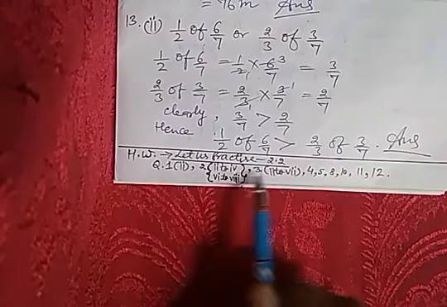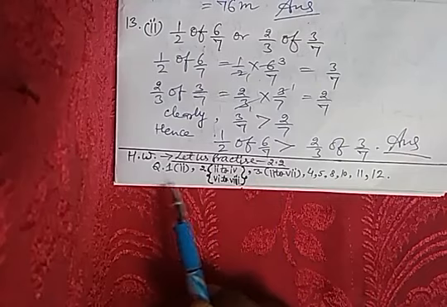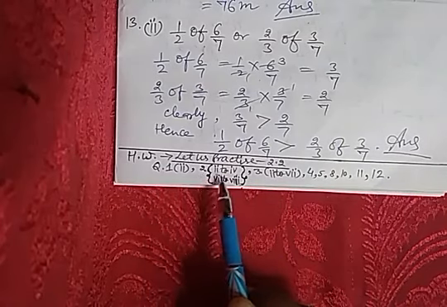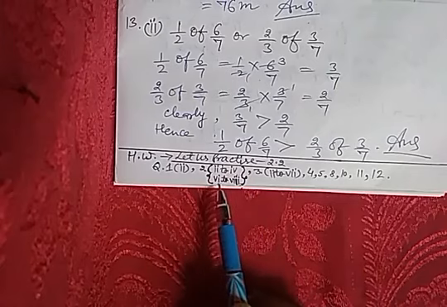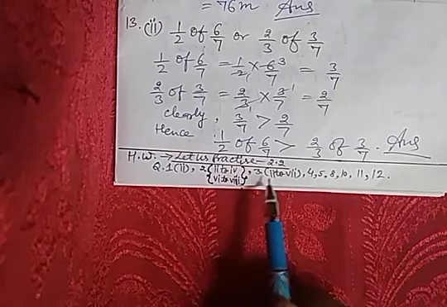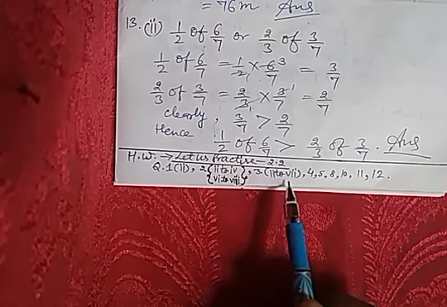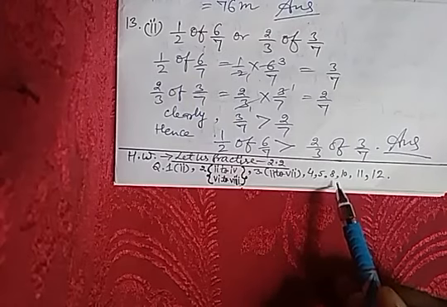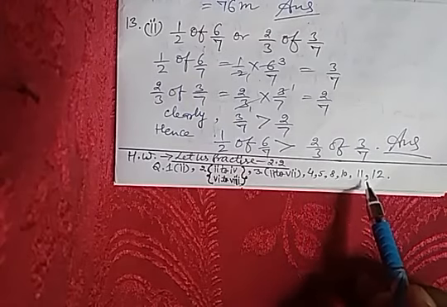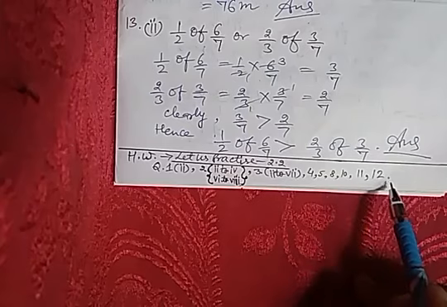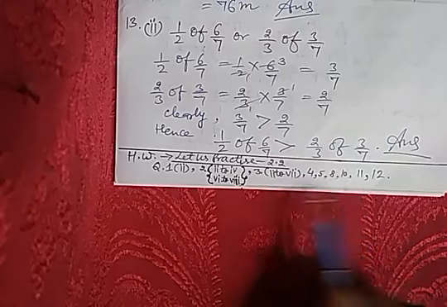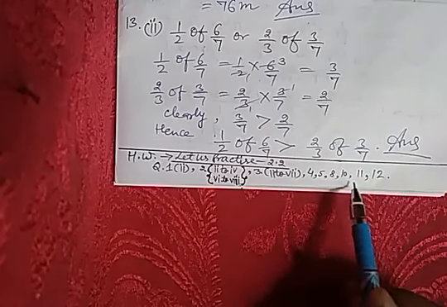Now homework for Let Us Practice 2.2. Question number first, second part. Question number second, fourth part, and 6th to 8th part. Question number third, 2nd to 7th part. Question number 4th, question number 5, question number 8, question number 10, question number 11, question number 12. This is given as homework. You have to solve it in your homework.